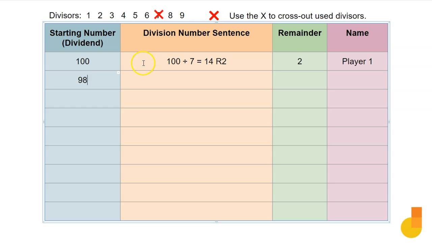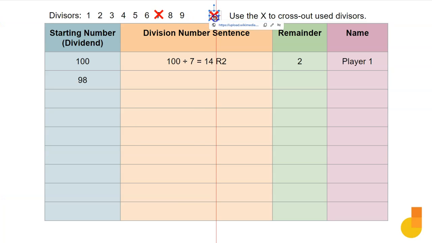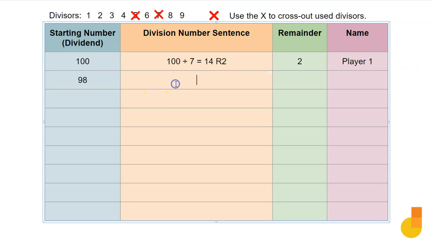Player 2 will then choose a new divisor from the list of divisors left, and cross out whatever one they use. For example, they may choose to do a divisor of 5. Cross out the divisor 5, and then type in the division number sentence. 98 is the dividend,